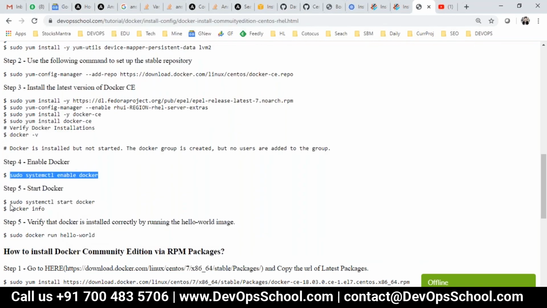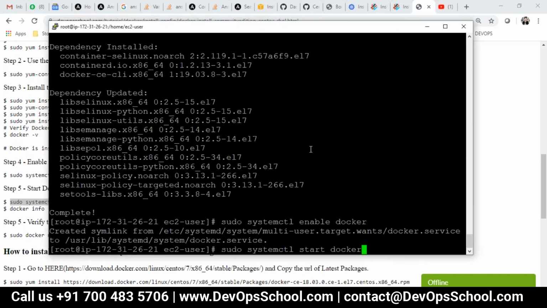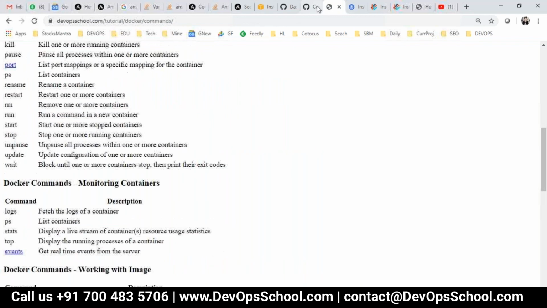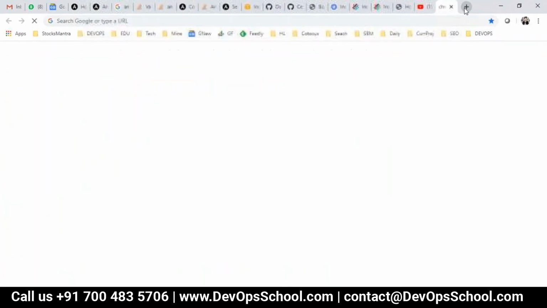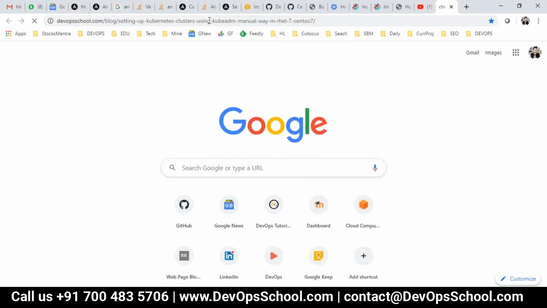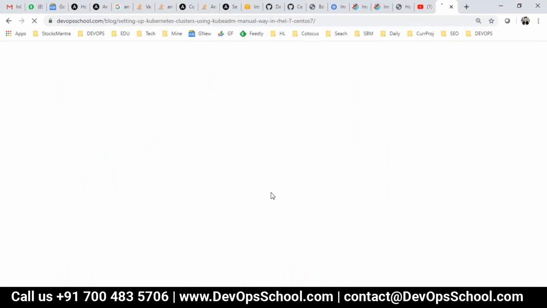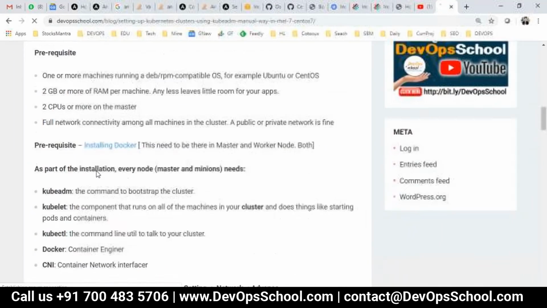So enable and then start. Docker is done, guys, and now you know the next thing also, and this is the URL which I followed. And here you have to do everything again.